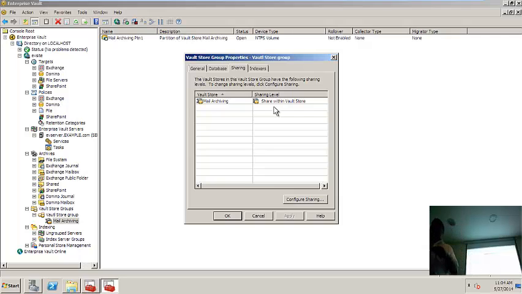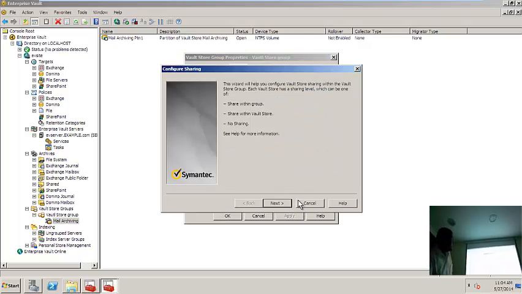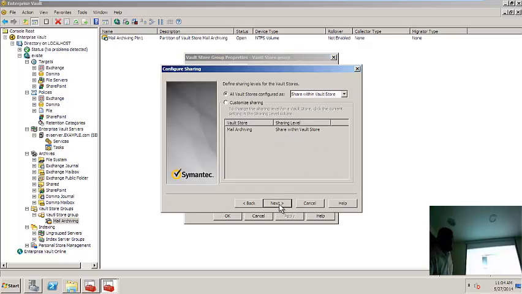One more thing. Now, configure vault sharing, and we have options. No sharing means it will not share; every content will be separate, and it will not share with any other content. Share within vault store means within a vault store.